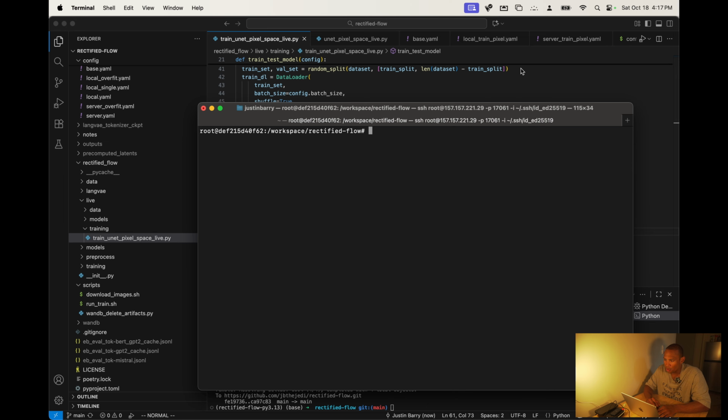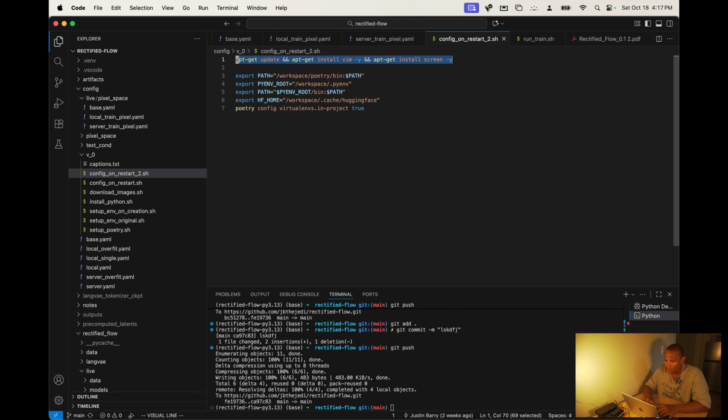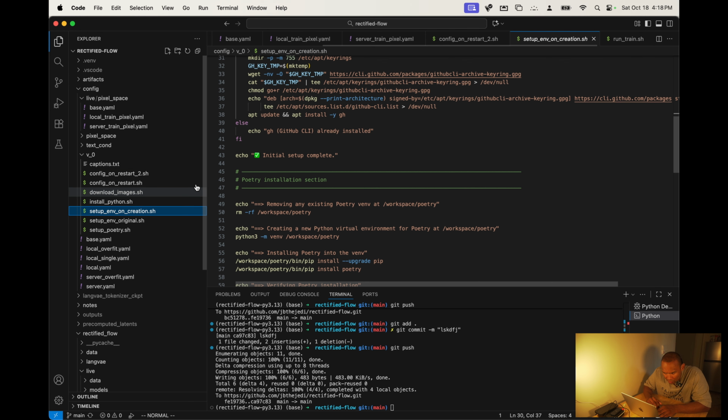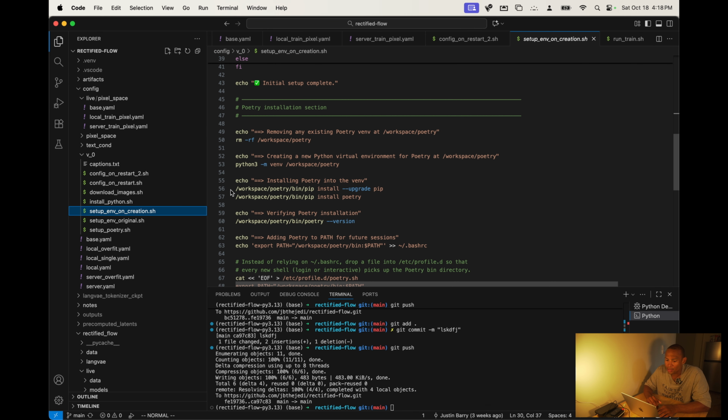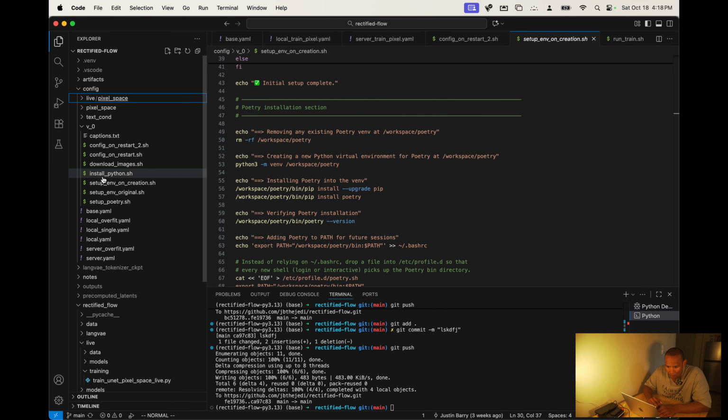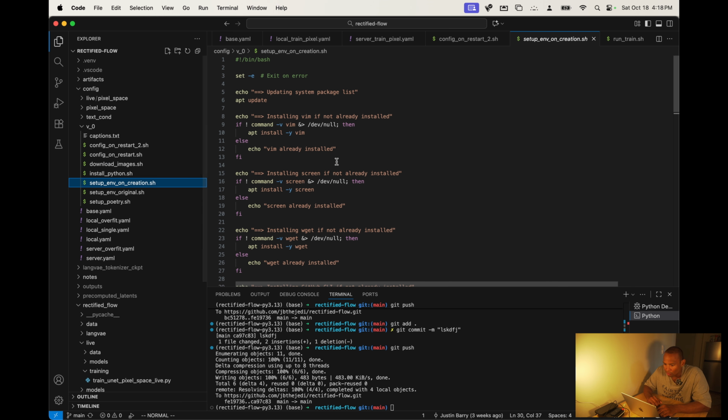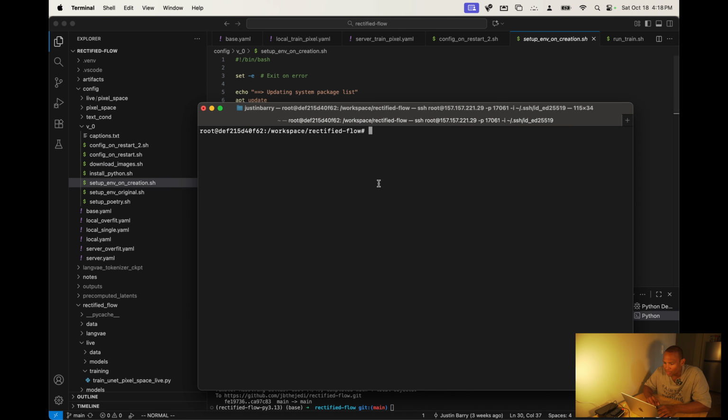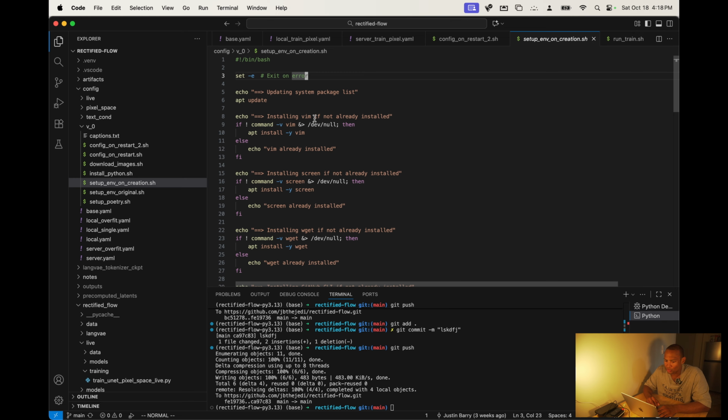The first thing, I'm going to make a README for this and I'm going to clean this up. It's going to be nice, but first thing, just like I did in my videos before, this setup and on creation, if you're creating Runpod, I want you to come into this config folder and grab setup and on creation, and you need to run this entire thing. Just create the file on the pod and run the entire thing. So poetry and everything is installed. And then you need to run